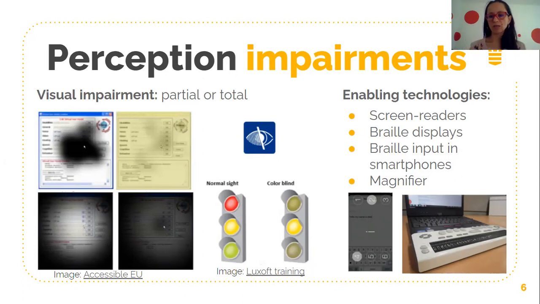Okay, that is now. Right now, they can read text. So it's something just to take into account when we make graphical interfaces, I mean, with too many graphics. There are also the Braille displays and the Braille input in smartphones, which are for people who know Braille, who can read and write it.